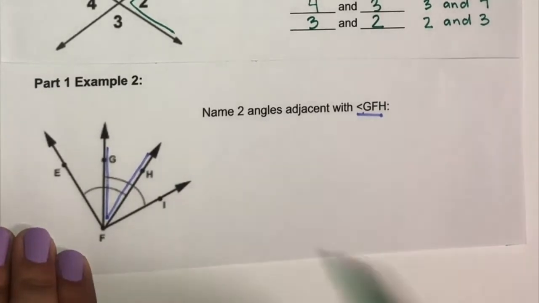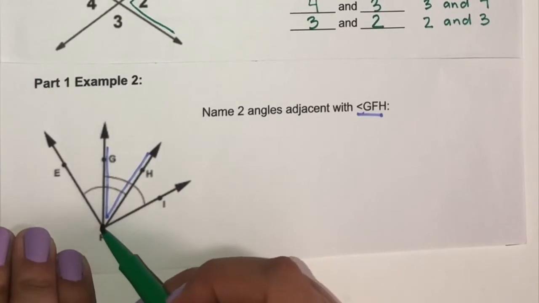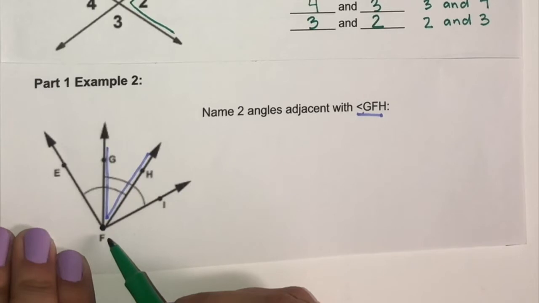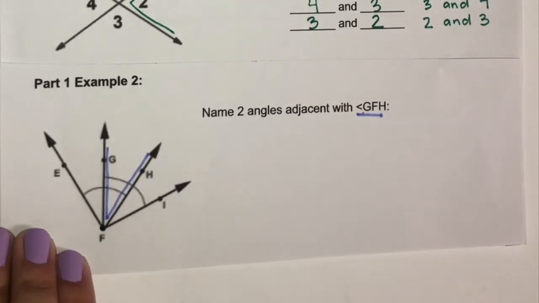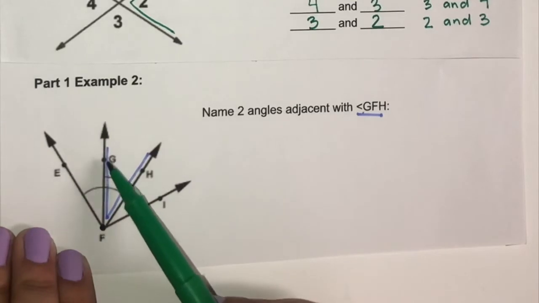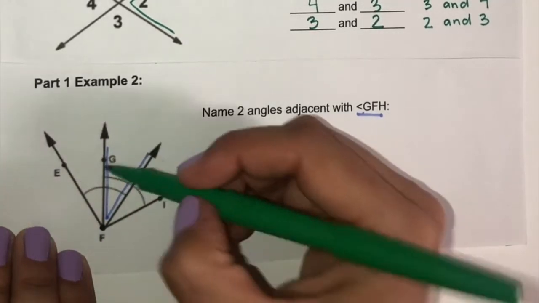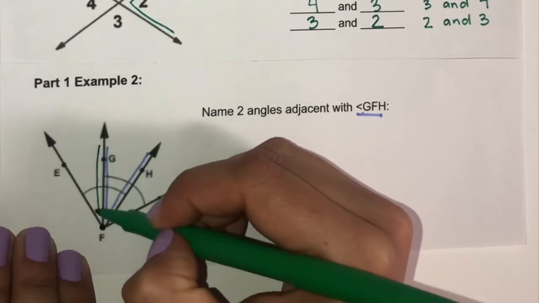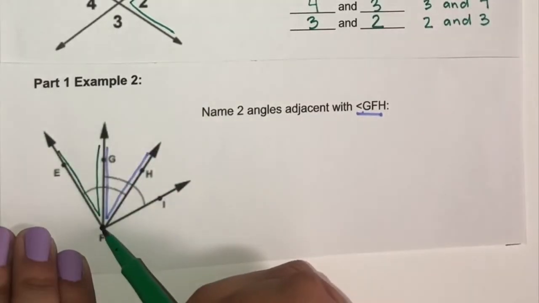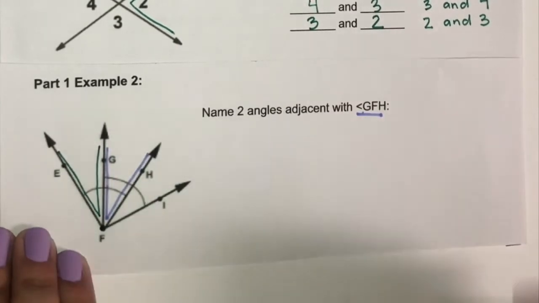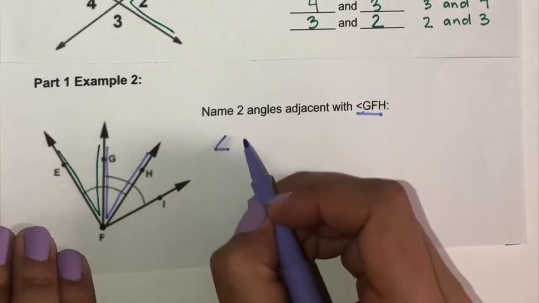So we see all these angles share the vertex F, right? So we have to find the two other angles that share this vertex and a side with angle GFH. So if I look, angle GFE shares this vertex and it shares a side. So I know that angle GFH